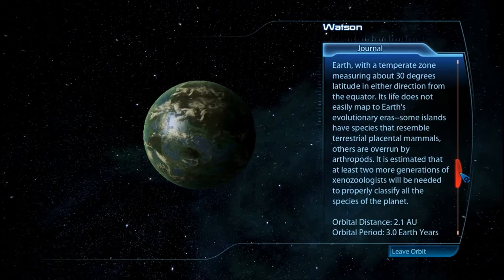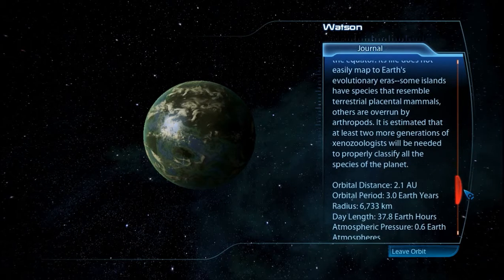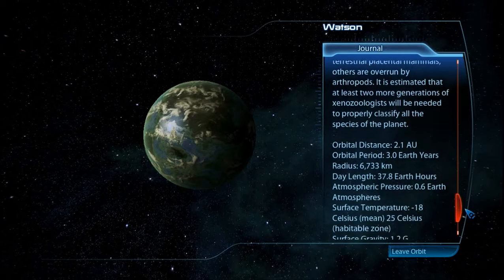Some islands have species that resemble terrestrial placental mammals. Others are overrun by arthropods. It is estimated that at least 2 more generations of xenozoologists will be needed to properly classify all the species